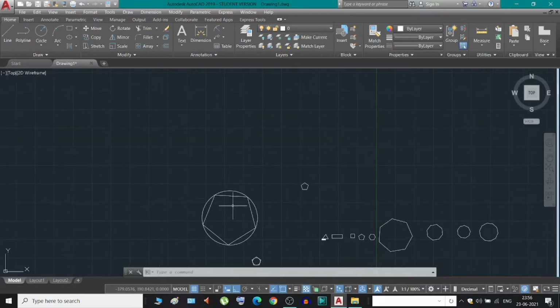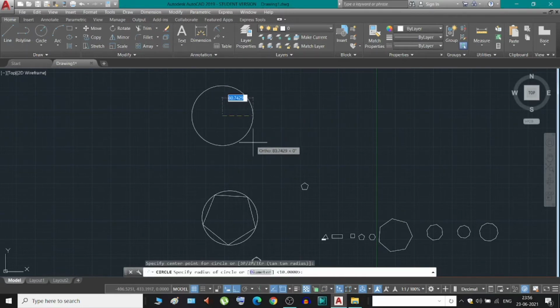So to draw this kind of polygon inside a circle or outside a circle, for example, I am drawing a circle of 20 millimeter radius.